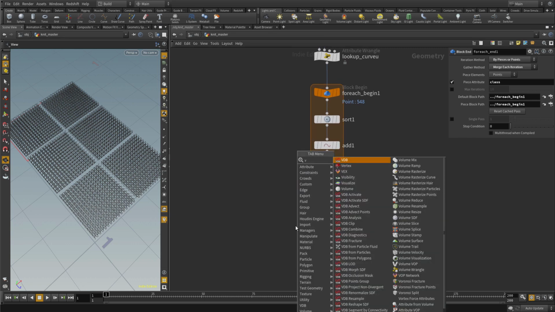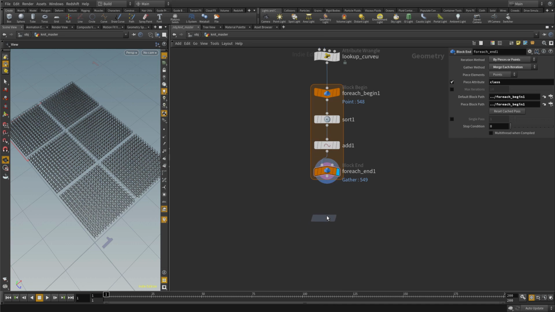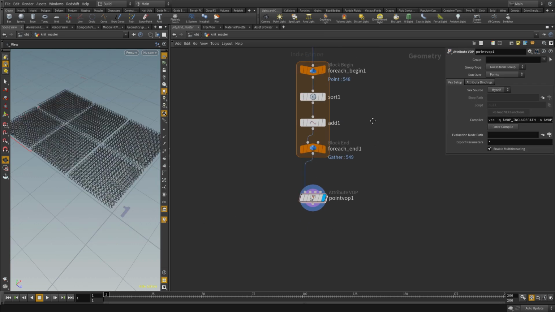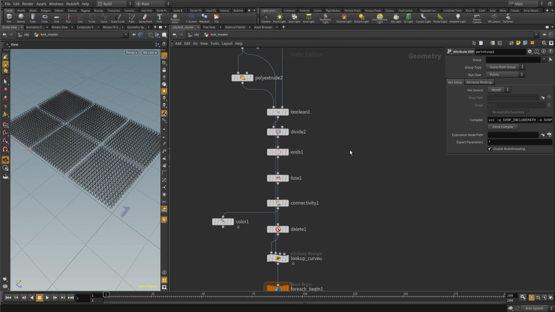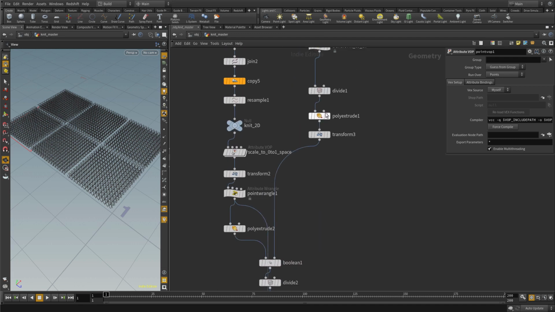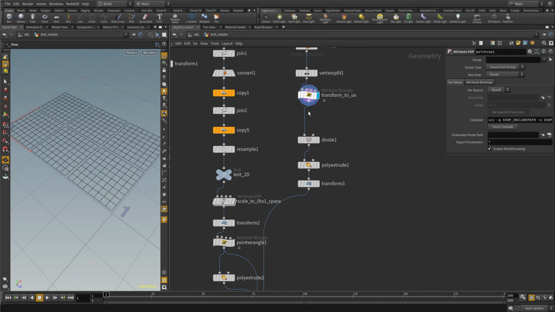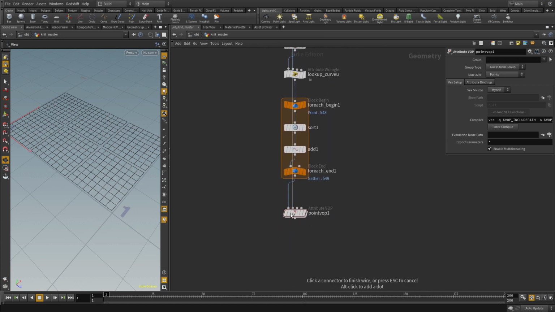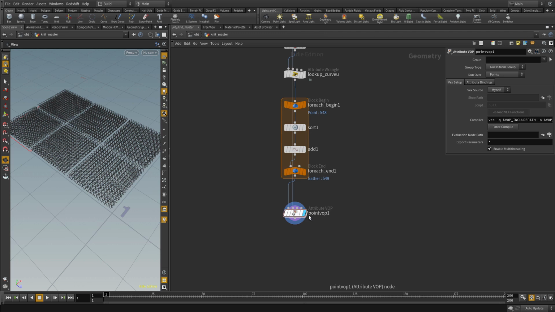We do so using a VOP, a point VOP. The first input will be our loops, and the second input will be our UV geometry. So this will be this here, the transform to UV. This will go into the second input,